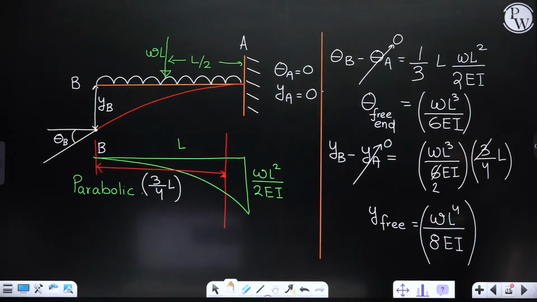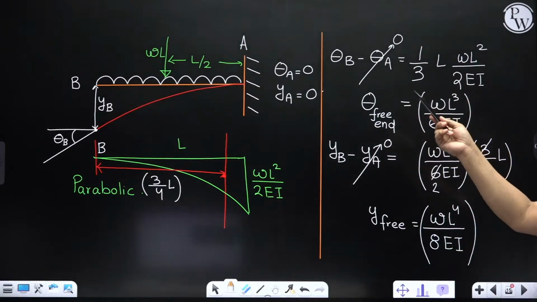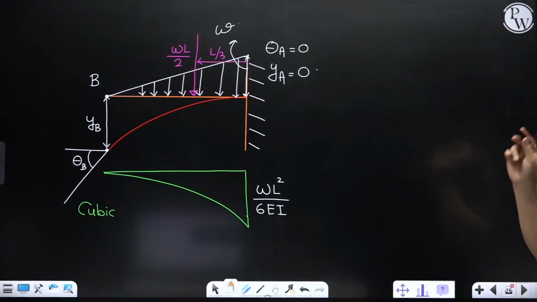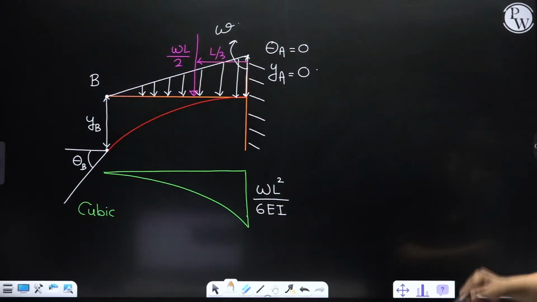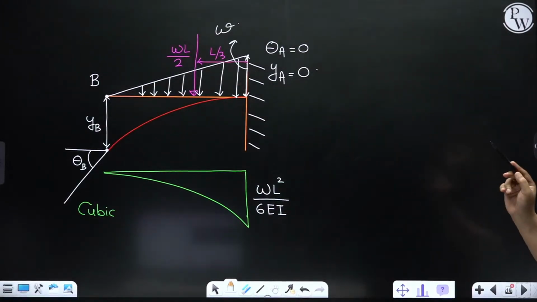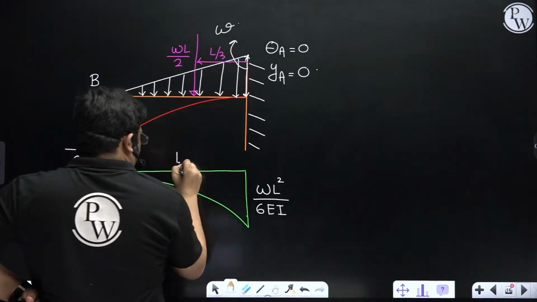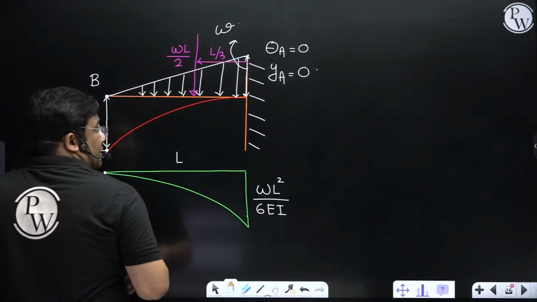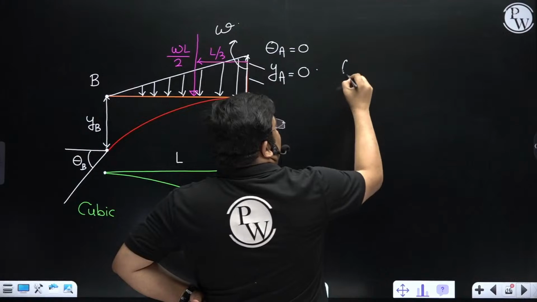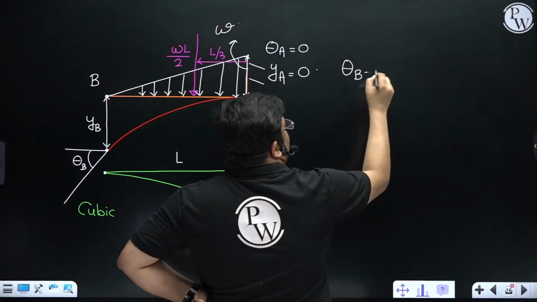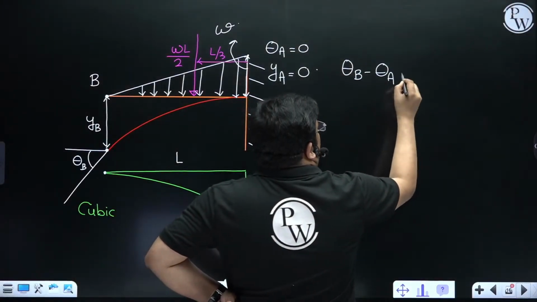Earlier case was what? WL square by 2 EI, right? It was WL square by 2 EI because WL was acting at L by 2. Here it was WL by 2 acting at L by 3, right? So WL square by 6 EI in the M by EI diagram. Yes, very good. Now, if I want to find out the difference of slope here, theta B minus theta A, it is the area of